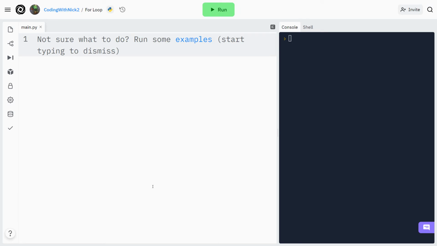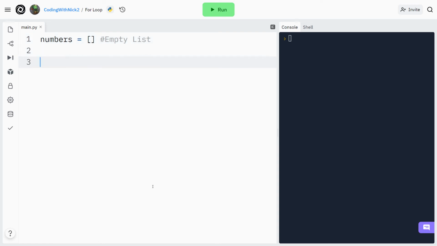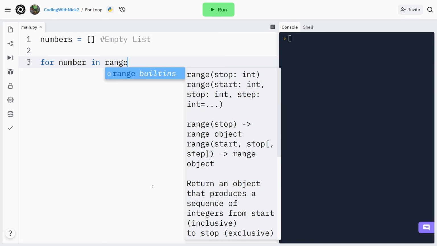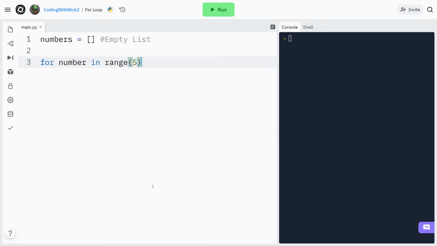First of all, we want to store 5 values from the user, so we are going to need a list. So let's create an empty list. Numbers is equal to square brackets. Now we want to ask the user for a number 5 times. So we're going to use a for loop and the input command. For number in range 5, colon, two spaces.